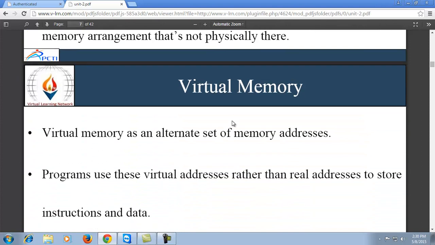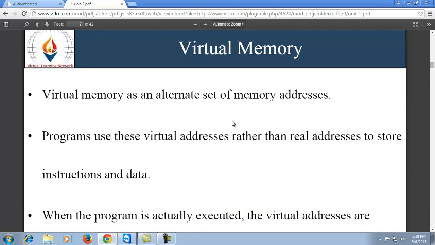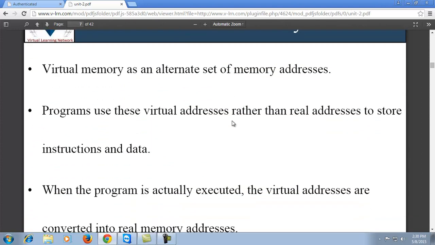Virtual memory is an alternate set of memory addresses which provides a logical address and logical support for every data and instruction which is displayed and executing inside the system. Programs use these virtual addresses rather than real addresses to store instructions and data.